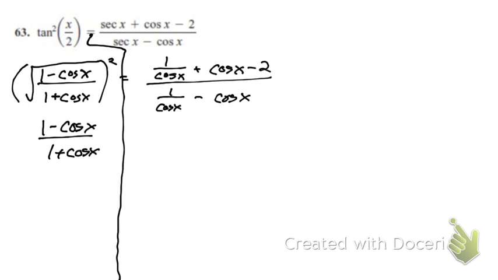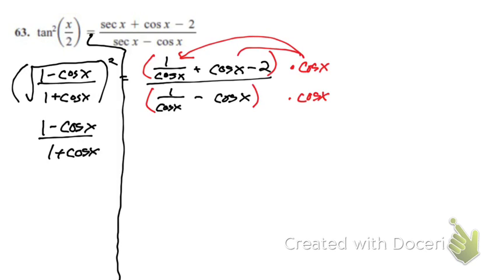But I do know I don't like fractions over fractions. Say I had 1/2 over 1/2, I'd multiply the top by 2 and the bottom by 2, just to get rid of those fractions. So that's always a good step. If you have fractions over fractions, try to eliminate them. We're going to do that by multiplying the top by cosine x and the bottom. And remember, we are distributing it to everything in the numerator and the denominator. So when I distribute this all the way across,